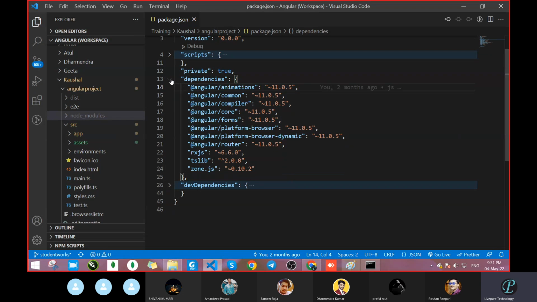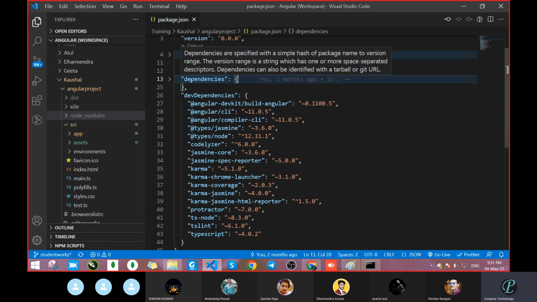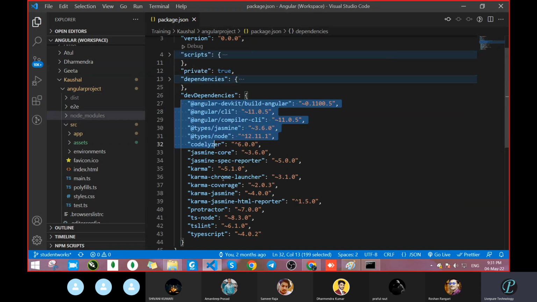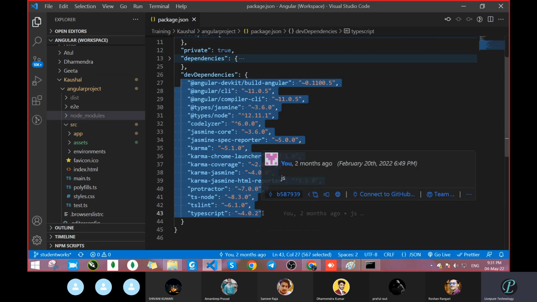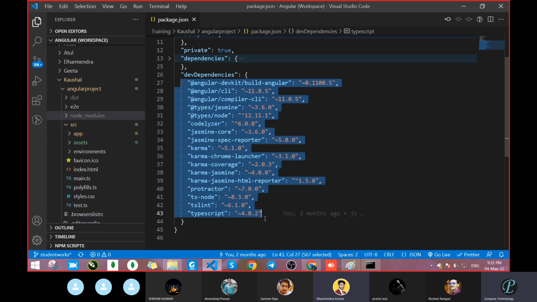But when you are deploying that website on the server, that time this dependency will not help. This devDependency will help there on the server, because on the server when you are launching your website on some hosting,